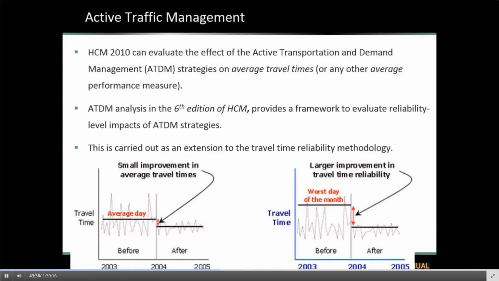As you can see in the left graph, it shows a before and after case for a freeway facility where some treatments, some ATDM analysis strategies, have been implemented. It shows that travel times have been improved, but the improvements are not large. Looking at the right graph, we see those two horizontal lines, which are associated with the worst day of operation of the facility in each month.